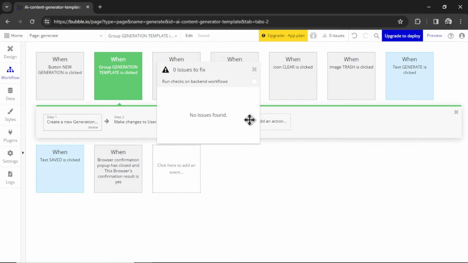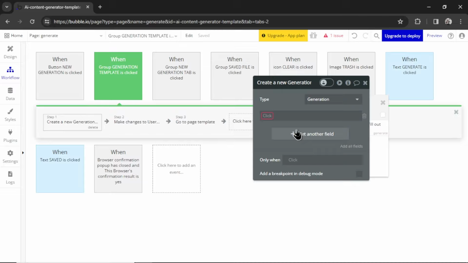As a new Bubble developer, I want you to try to fix the errors yourself. Again, they just happen. Go through them, click on each. It will send you to the workflow or the page. Try to see what's going on. Try to fix the error or remove the step altogether. It's a fantastic way to learn the platform. But if you get stuck, you've tried a bunch of things, it won't work, I can help you out